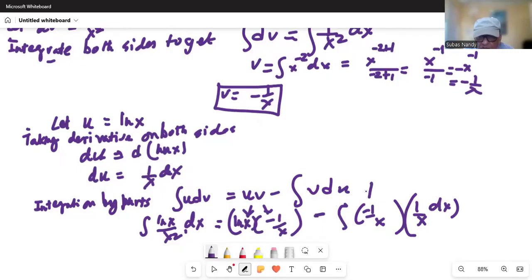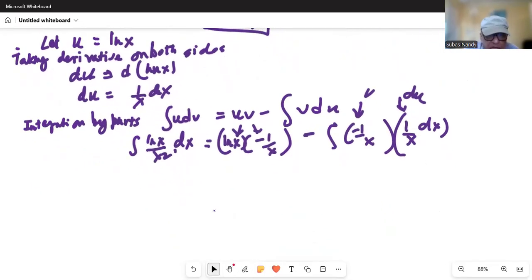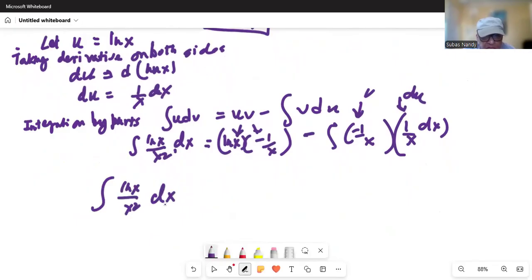Okay, so this is v and this is du. Okay, so if I move this up, so what do I have over here? Integration of ln of x by x squared dx is equal to minus ln x minus 1 times minus 1 is minus